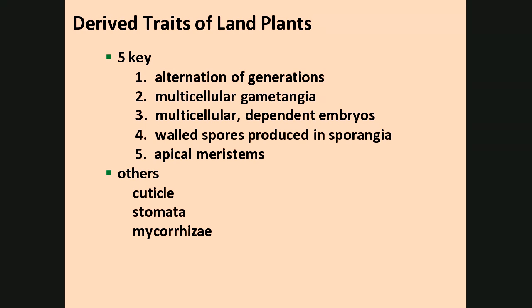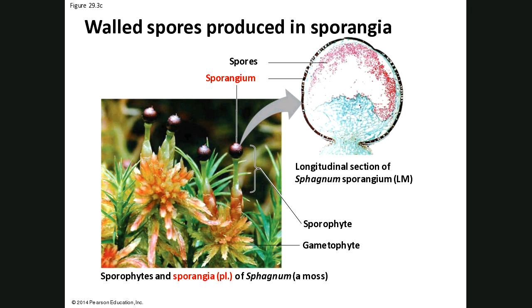Spores, walled spores inside of the sporangium, right? We talked about the spores again, but now we talk about the fact that inside of the sporophyte, this is a cool one. This is the sphagnum moss sporophyte. So the picture I showed you at the beginning, oh, there's a red one right there, I forgot. The picture I showed you at the beginning was the green parts. That was the gametophytes. Remember, in mosses, it's going to be the sporophyte that is small and dependent. And on this one, look at that. The sporangium is real obvious. Remember the ones we saw in lab yesterday?